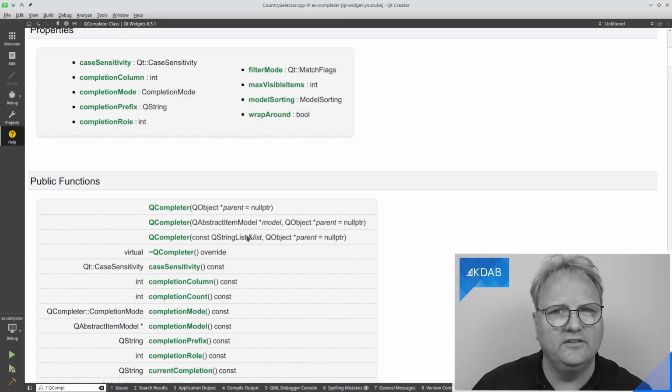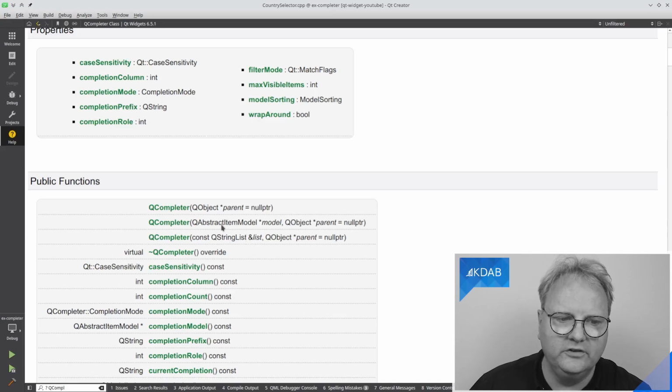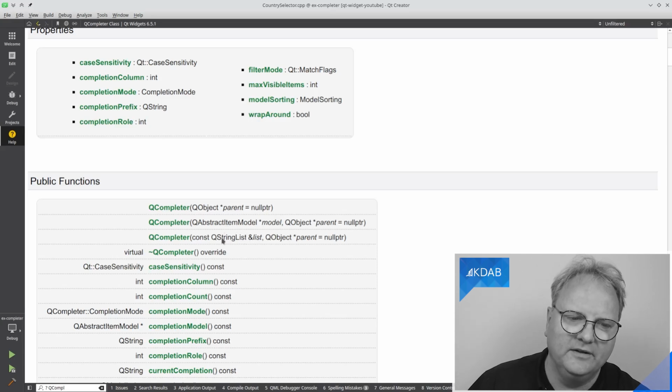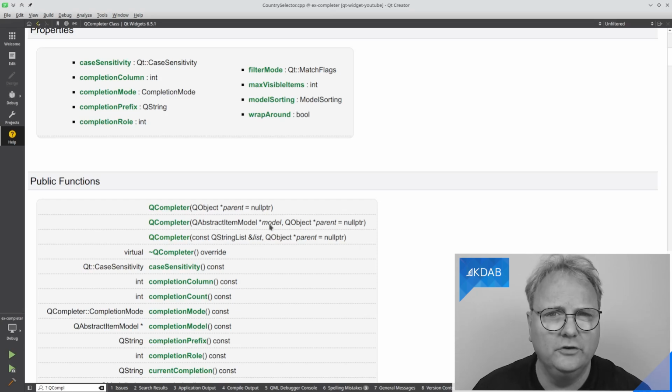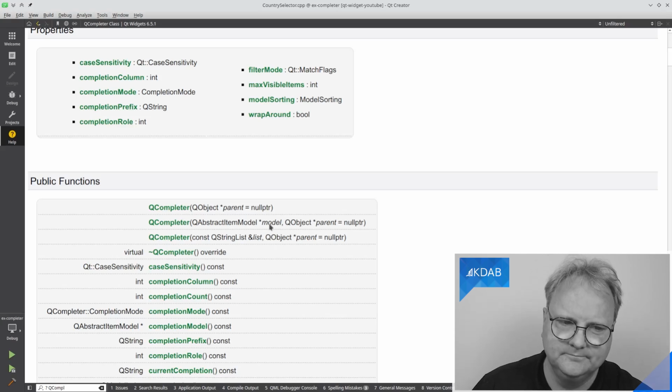So if you have a list of all the countries in the world, then you can do that, or using a QAbstractItemModel. And we'll talk much more about QAbstractItemModels later on. But the QStringList is if you already have it. The QAbstractItemModel is if it's super difficult for you to get the complete list up front, possibly, or, well, that's for a later discussion.